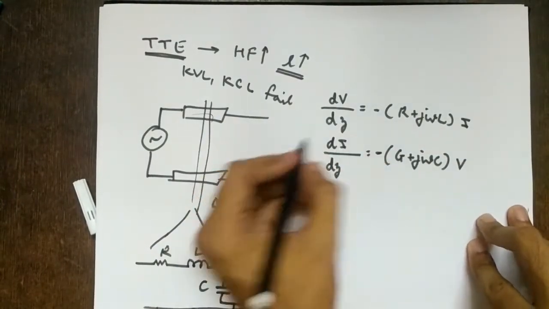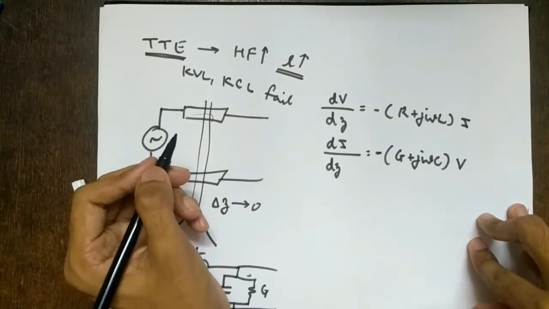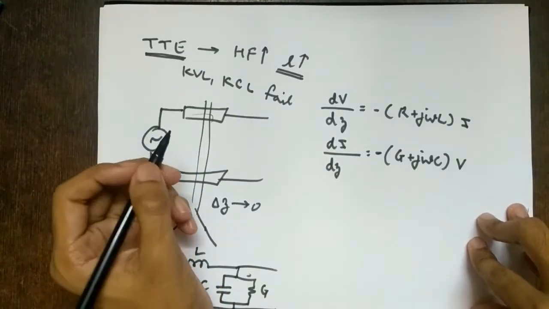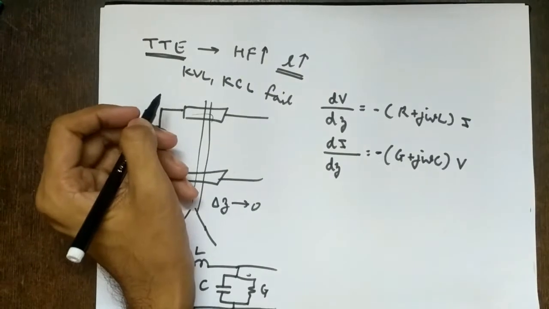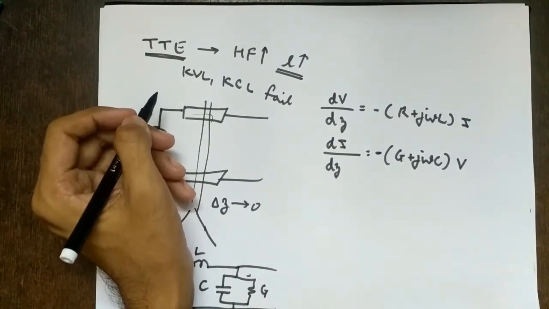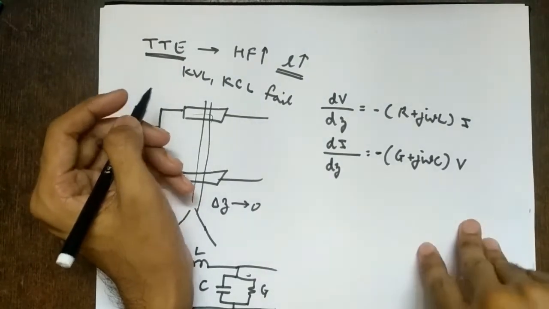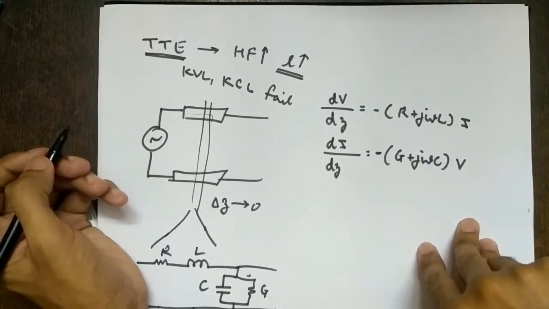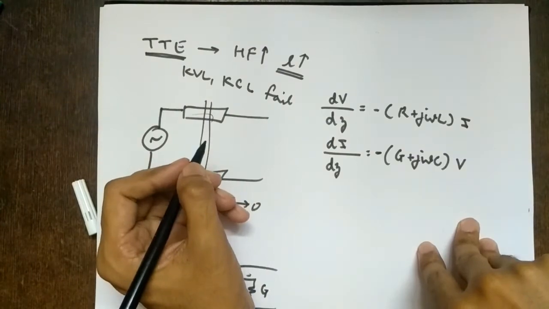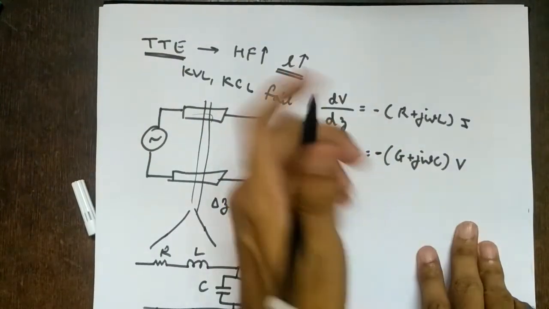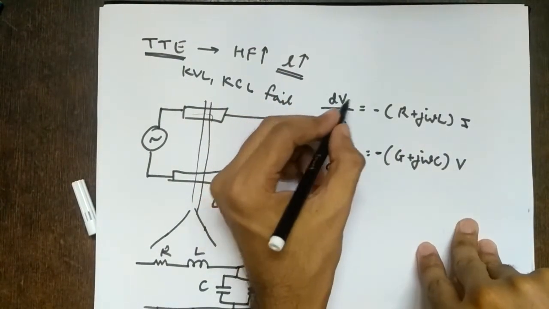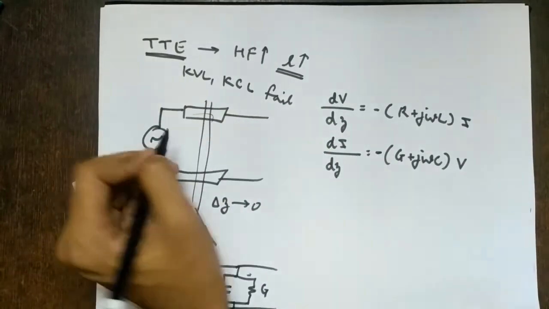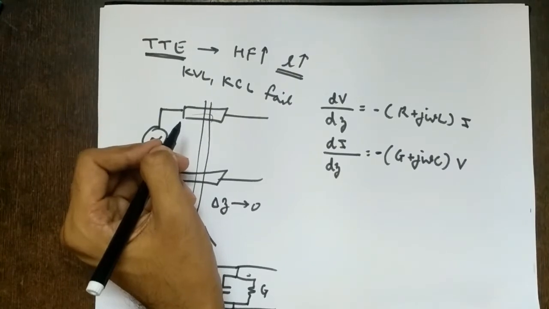We said that this is the characteristic equation of a transmission line, also called the telegrapher's equation. There is a nice history behind that related to Oliver Heaviside. If you want, you can refer to the internet for it, or you can ask me for the sources, and I'll give you the relevant sources for why they are called telegrapher's equations. A 10 marks question might come regarding this derivation or analysis of a transmission line.